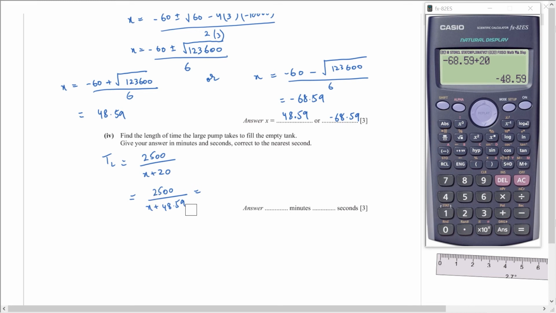Oh, sorry, not x plus 48. X is 48.59. So 48.59 plus 20 is 68.59. So this will be 2500 divided by 68.59, which is 2500 divided by this